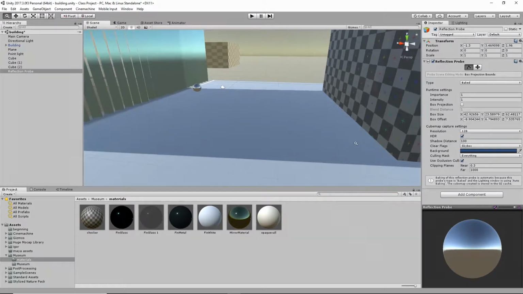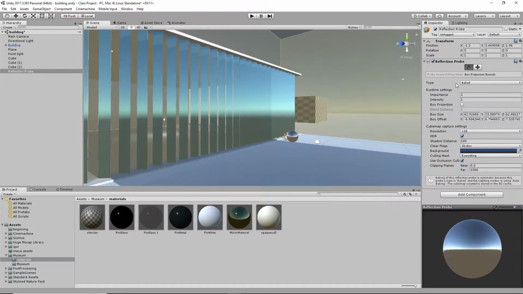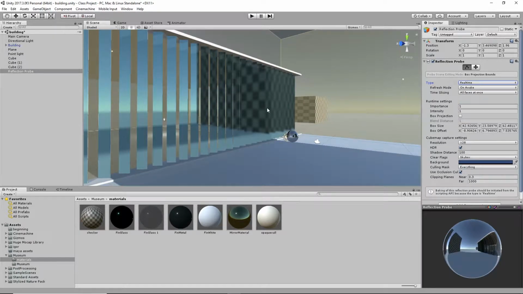Now, the other thing, notice it's not updating, because in order to see it, we have to set the reflection probe type. Right now it's set to baked, which would mean we would bake it and it wouldn't calculate again, which is fine if we only want to capture reflections and we have no objects animating in the scene. The camera can still fly, but if we want to change the lighting or see that update in the reflection or have people animating around, we have to set this to real time. So now we can see the